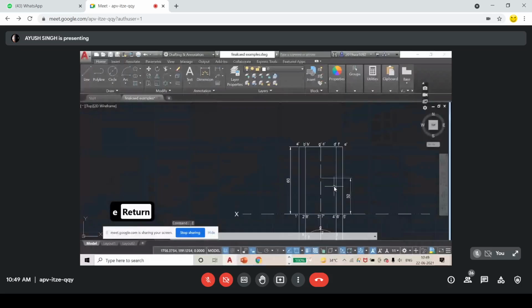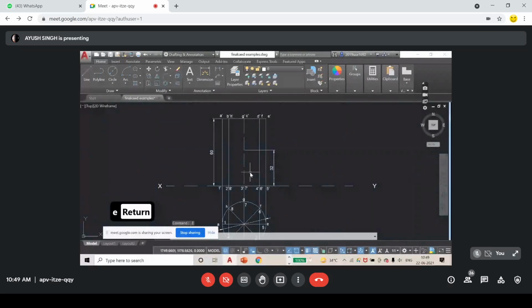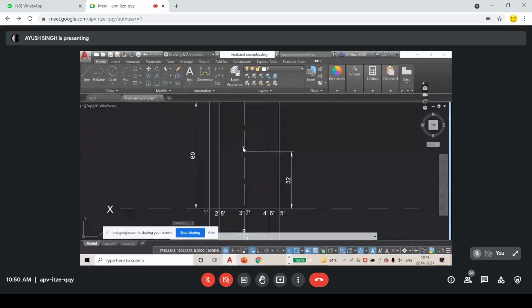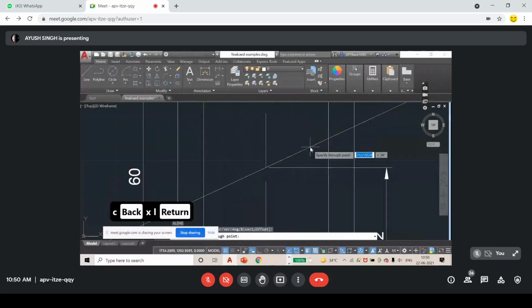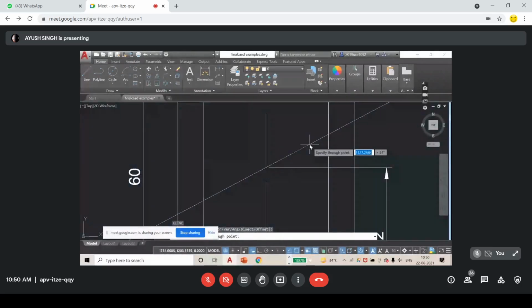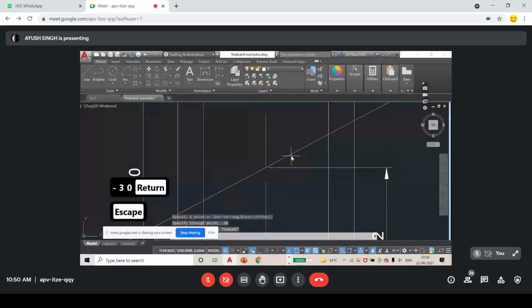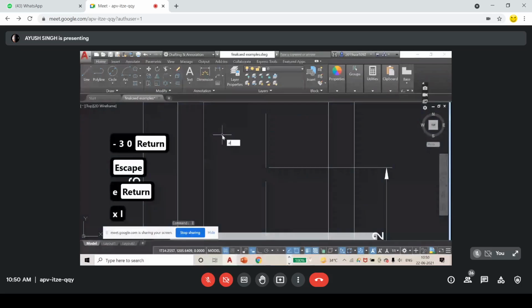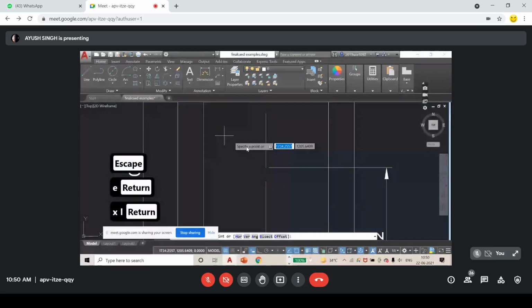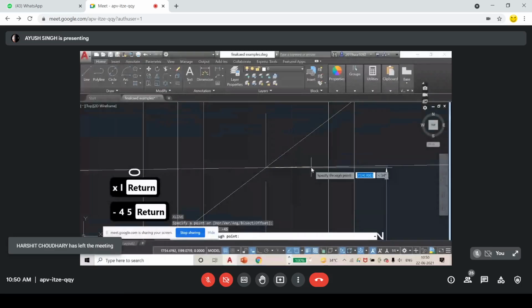Then your section view will be here. But I wanted it like this, so I will choose the angle method here. XLINE, with an angle of minus 30. Now it is working. So we have to click minus 45. So this is my section plane.